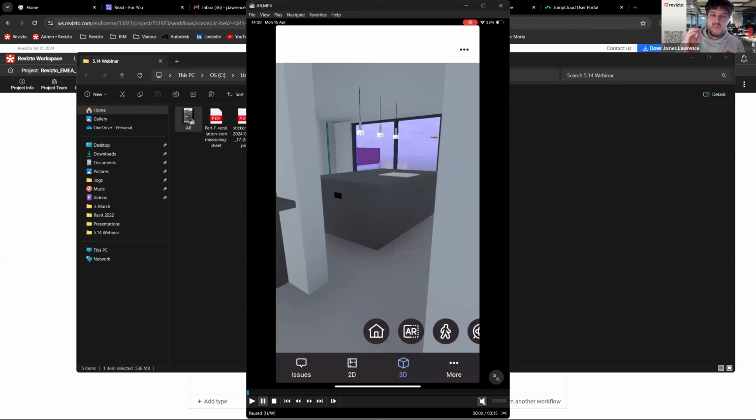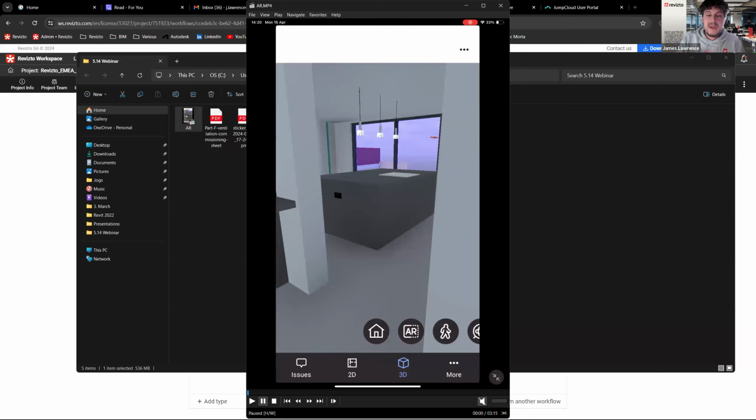Now, Revizto wants you to do your risk assessment of the area that you're going to be walking around. Please make sure the floor is free from any tools. I don't want people falling over unistruts or hitting their feet on things which shouldn't be there, so make sure that the area is clean. The second thing to remember is please pick your battles of the areas that you're going to be scanning for